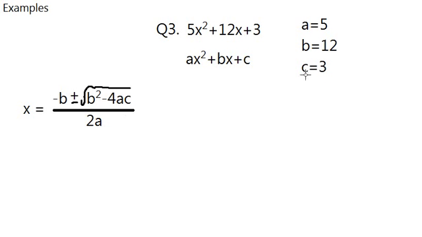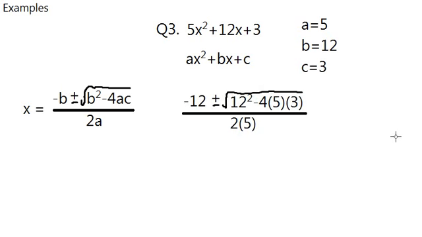Okay, so now we have these variables and this equation. What do we do next? It's kind of obvious: substitute every single thing into the equation. And so you should get negative 12 plus or minus the root of 12 squared minus 4 times 5 times 3, over 2 times 5, which after you have simplified, you should get negative 12 plus or minus root 84 over 10. This is the most simplified way of writing x,